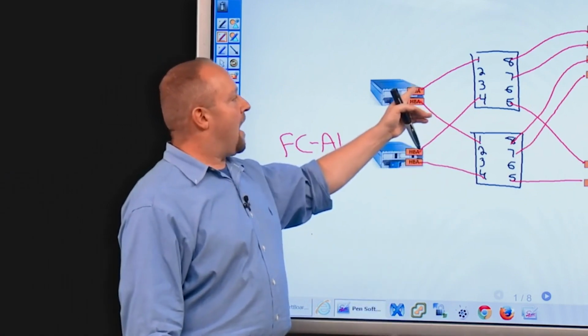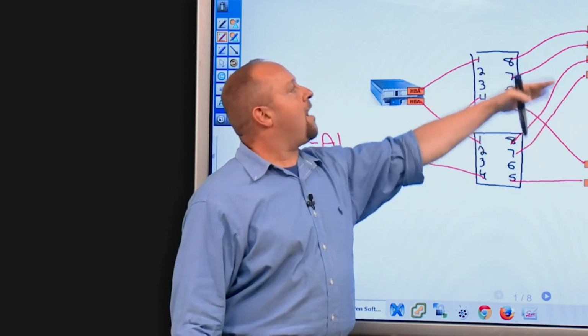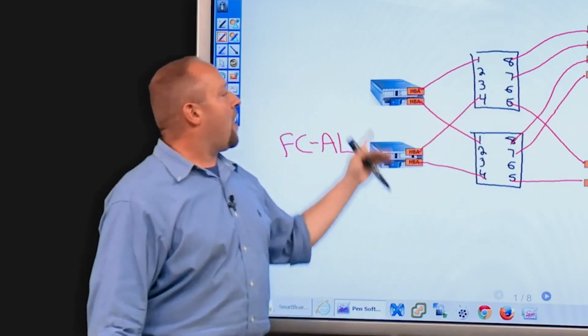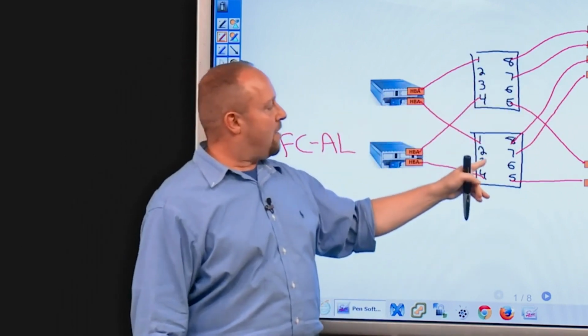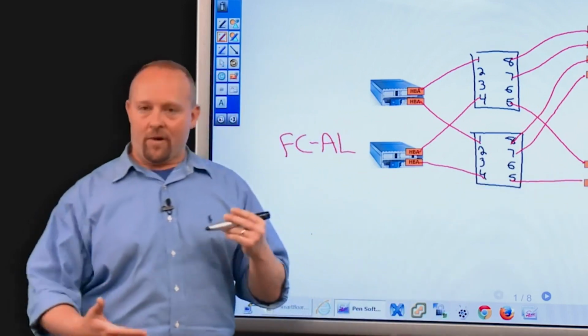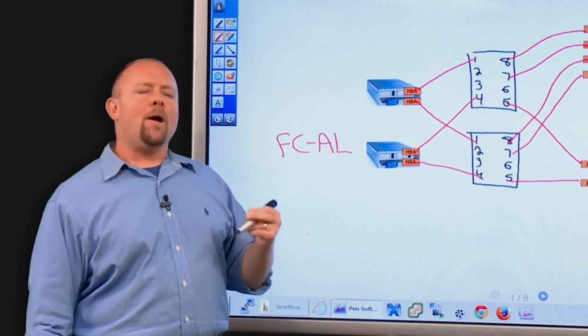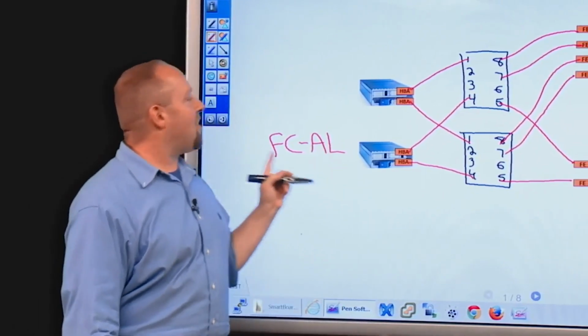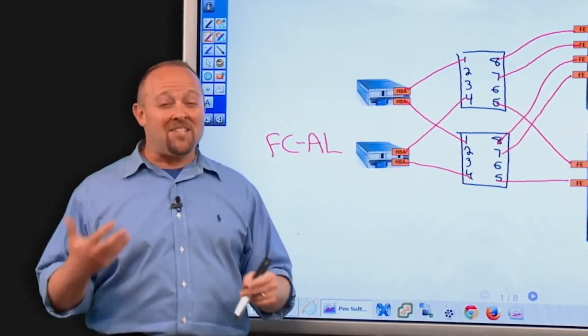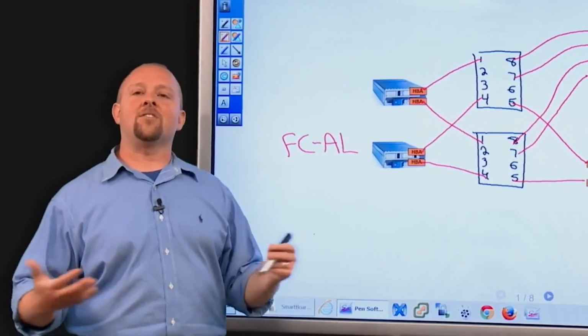So if I want this HBA now to see multiple front-end ports, we can now do that via the hub. If I want multiple HBAs connected to this hub to share the same front-end port, we now can do that as well. So I definitely have more connectivity and more scalability. Well, hub technology, Fibre Channel arbitrated loop technology, even though it's still technically supported, it really is a technology of